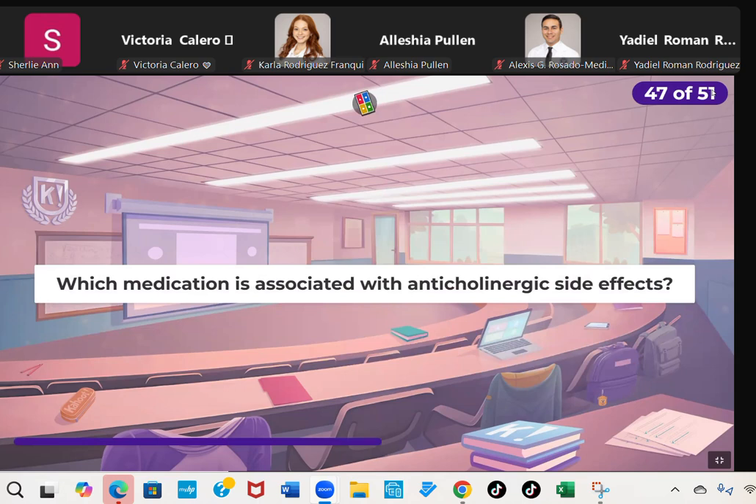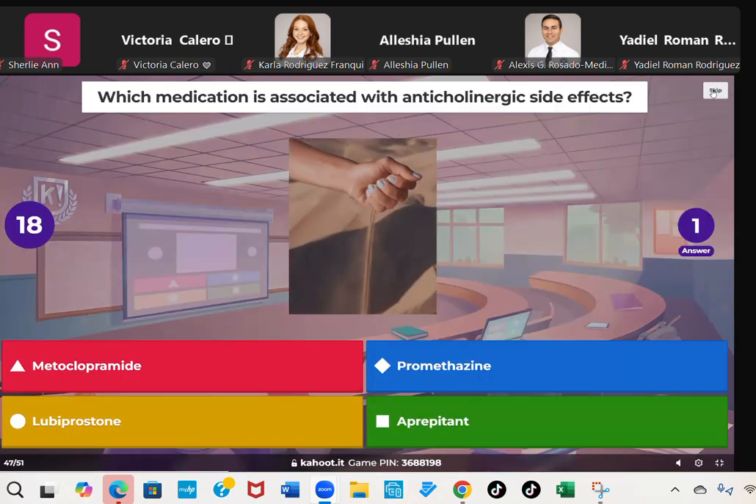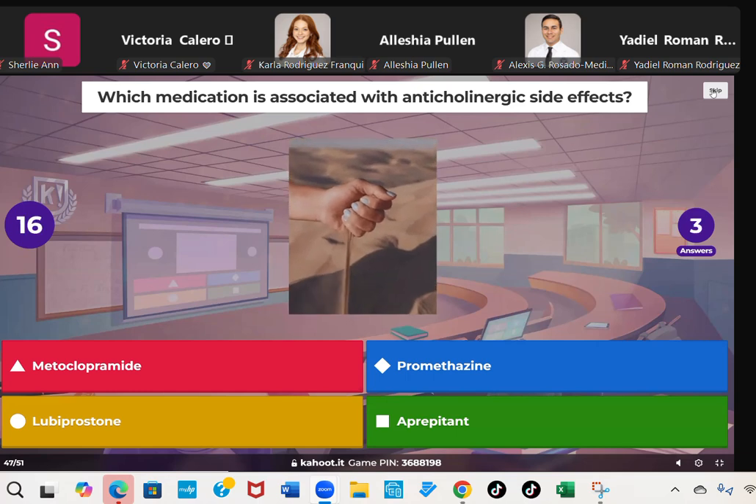Which medication is associated with anticholinergic side effects? Metoclopramide, promethazine, lubiprostone,